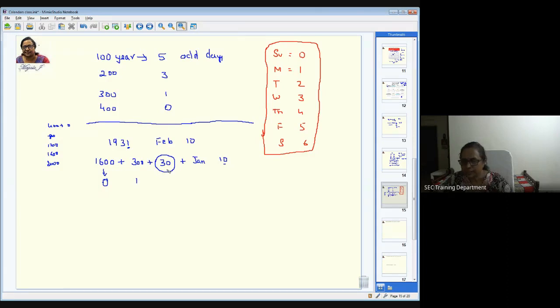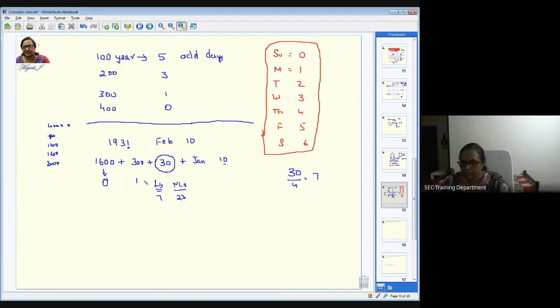But the thing here is, in these 30 years, you have to find out how many are leap years and how many are non-leap years. So take this 30 and divide by 4. What is the quotient here? 7. That means 7 multiples of 4. Every 4 years you get 1 leap year. So when you divide by 4, you get 7 leap years. The leap years here are 7. Out of 30, when 7 goes, what is the balance left? That is 23. So there are 23 non-leap years and 7 leap years.